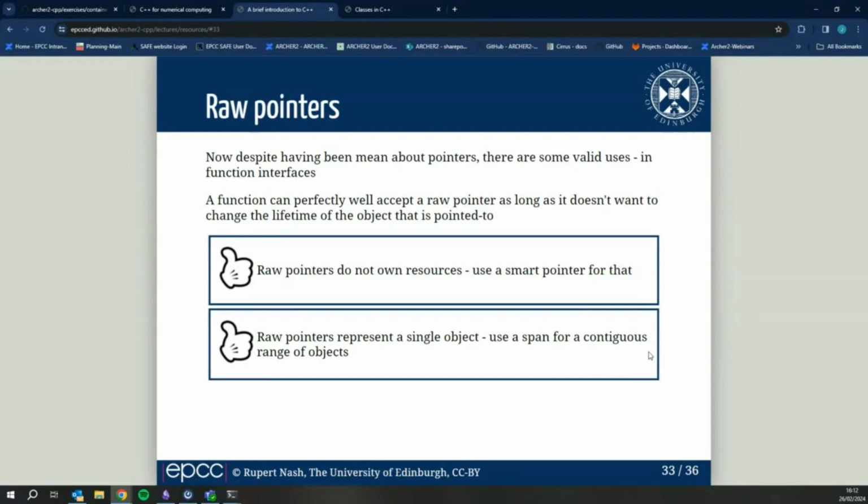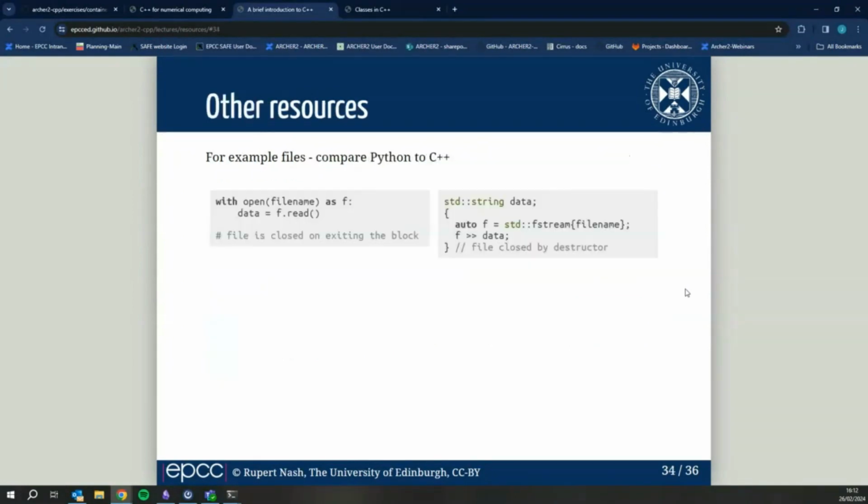Okay, use a span for a contiguous range of objects. So there are some values, but with smart pointers, if you want to make sure you have an understanding of ownership as well. Okay, other resources. So we mainly talked about memory because that's the one that comes up, and it's kind of